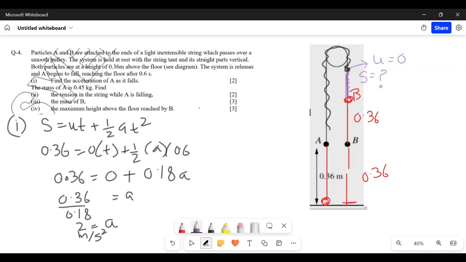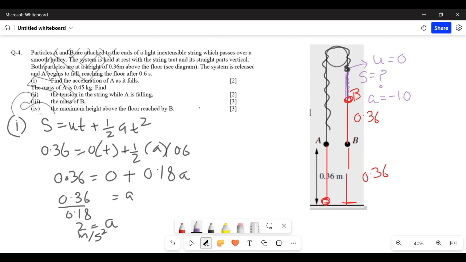बस 2 ही होगी। नहीं, 2 तब होगी जब स्ट्रिंग टॉट होगा, जब स्ट्रिंग स्ट्रेच्ड होगा। जब स्ट्रिंग स्ट्रेच नहीं रहा तो ये कनेक्टेड पार्टिकल्स नहीं रहे। वो तो कनेक्शन की वजह से, क्योंकि एक की 2 थी तो दूसरे की भी 2 होगी, क्योंकि वो कनेक्टेड थे विद टॉट स्ट्रिंग। अब स्ट्रिंग नहीं है टॉट, तो अब जो एक्सेलरेशन है वो हो जाती है फ्री फॉल एक्सेलरेशन। तो अपवर्ड फ्री फॉल एक्सेलरेशन क्या होती है? -10। हाँ, -10। ठीक है, सो इस पर्पल रीजन में a हो गया -10।